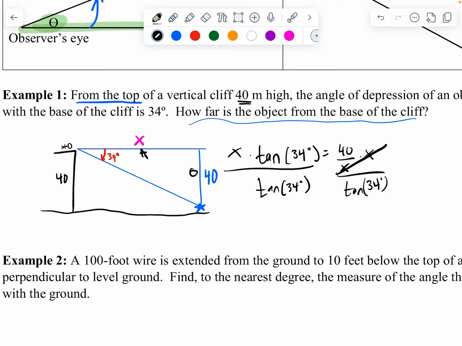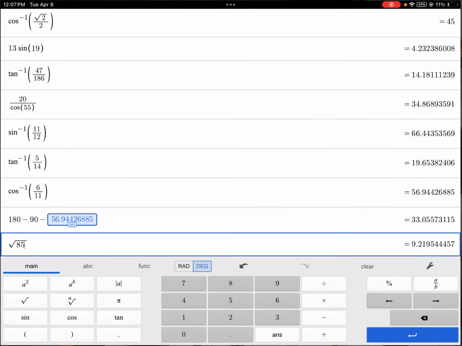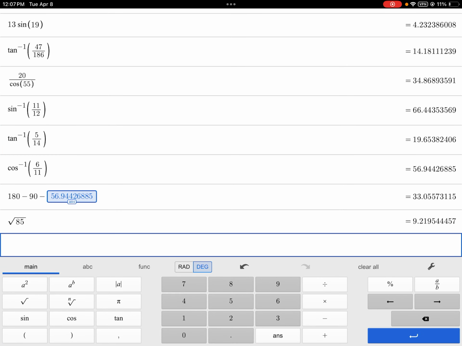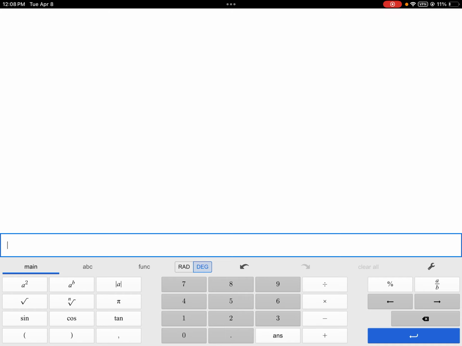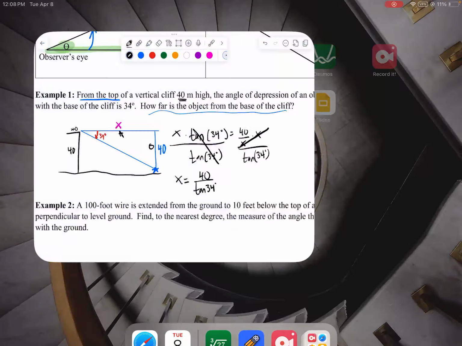All right, so those cancel, so we get x equals 40 over tangent 34 degrees. Okay, plug that right in. We get, let's see, and then double check you're in degree mode. We are, so 59.302